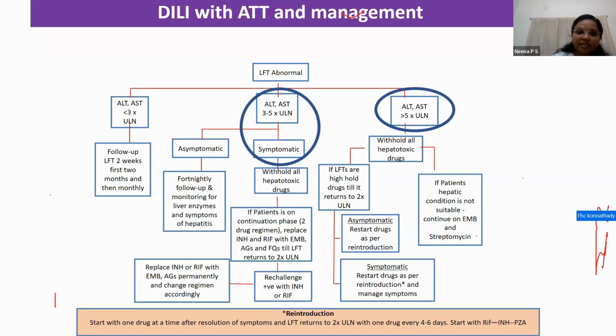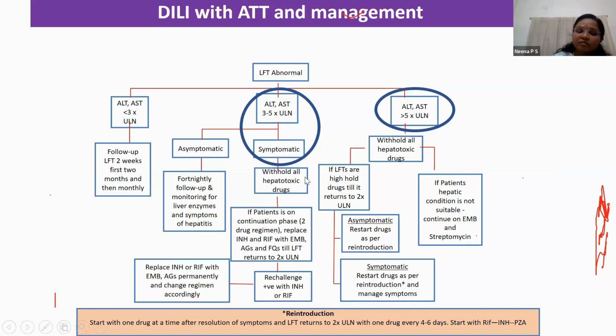Then you need to see whether the enzymes, SGOT and SGPT, are less than 3 times the upper limit of normal. Then you just need to follow up the patient with LFT every 2 weeks. You needn't stop the treatment. But if the LFT is raised more than 3 times the upper limit of normal with symptoms, or more than 5 times the upper limit of normal without symptoms, that is, more than 3 times means around 120, more than 100 or 120, and more than 5 times will be around 40 into 5, around 200, more than 200, then even without symptoms you have to stop the treatment and withdraw all the hepatotoxic drugs